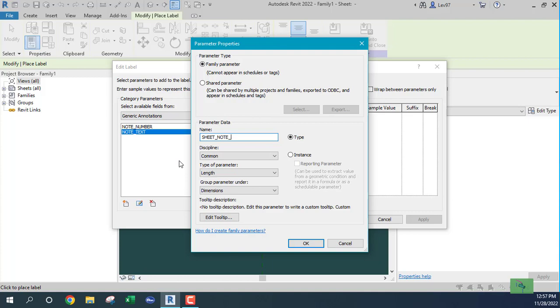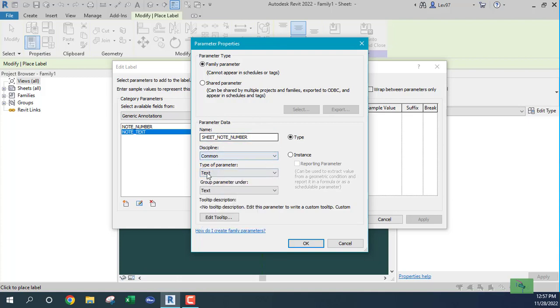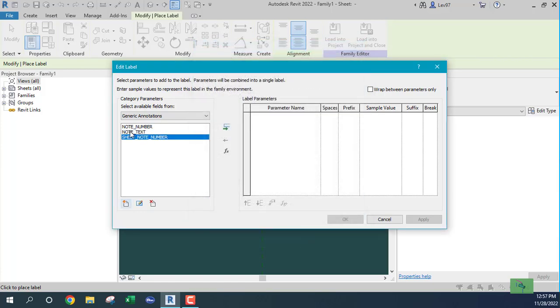I like to put the underscore in here, just because, as long as it's not a hyphen, I like to do an underscore. And the same thing we do text. Okay, so everything looks good, and we're going to bring our note number over,